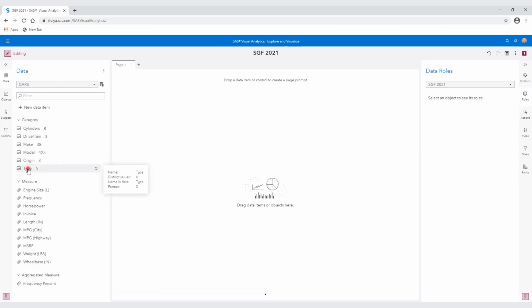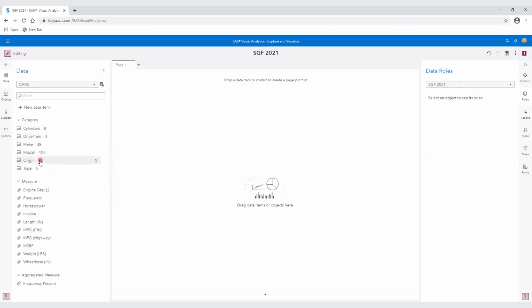And to the right of each one, you see the number of unique values. Like there are 6 different types. And what are those types? Well, we're going to find out very soon. There's 3 values of origin. What are they? We're going to find out soon. There are 425 models for sale within 38 makes.